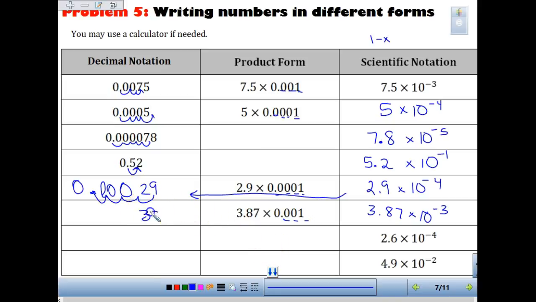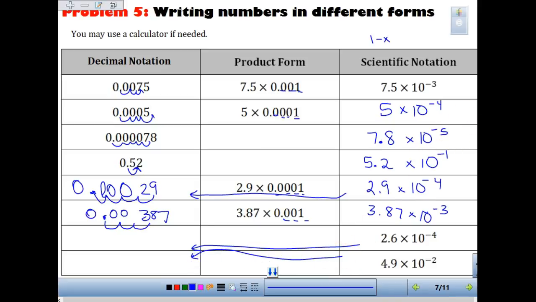Okay? So Braden, we're moving this one. 387. I need you to focus up here. Okay. So we are moving it 1, 2, 3 places. That's my decimal point. I add this 0. That makes it 4 zeros. 1, 2, 3 zeros. Excuse me, 3, not 4. This is a -3. I have 2 zeros behind the decimal point. This makes it a total of 3. Which means if I'm looking at this 2.6 times 10 to the -4,